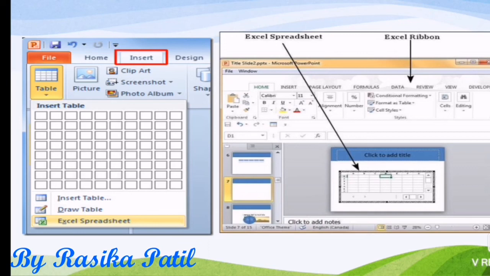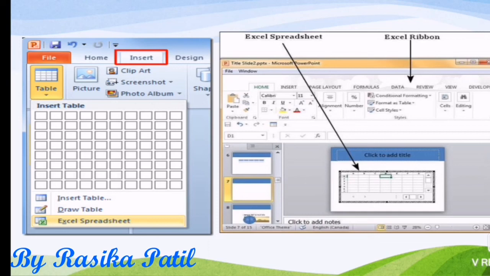In that Excel spreadsheet I can directly type whatever I want, and if I press outside, that many rows and columns will get directly added into our slide. So this way, kids, we are going to insert a table into our slides.